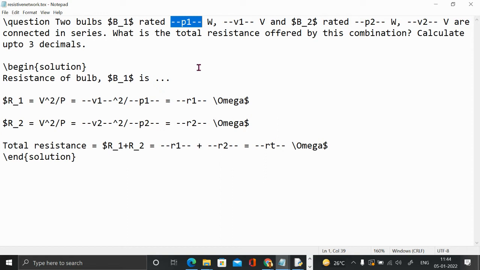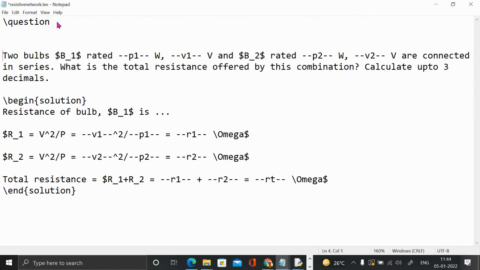Okay, so let me create my own question. A circuit has how many resistances? One, two, three, four, five, six. Six, as follows. Maybe I just say P1.